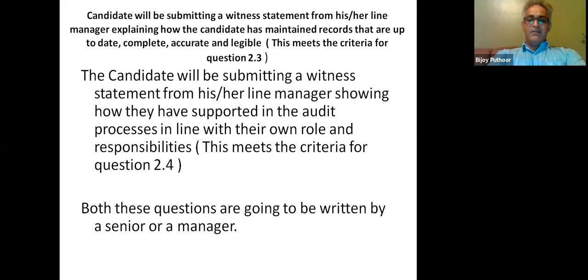Okay, and we have got different types of auditing process. We audit our medication, we audit our health and safety checks, we audit the infection control, we audit our MCA DOLS process, we audit the care plans, we audit the risk assessment. Out of this, Bijoy is responsible for auditing,